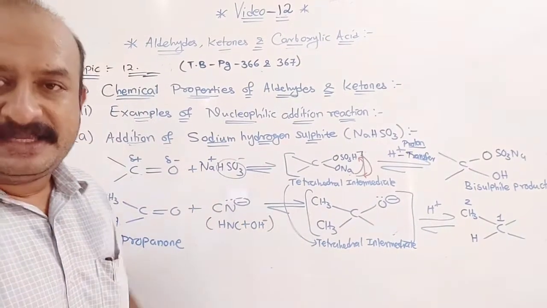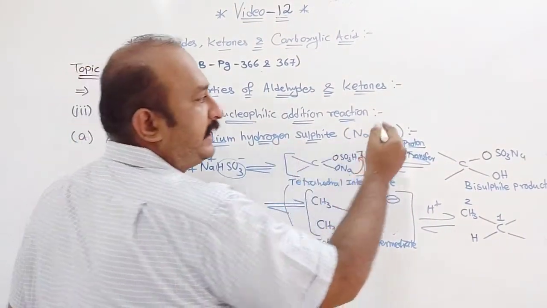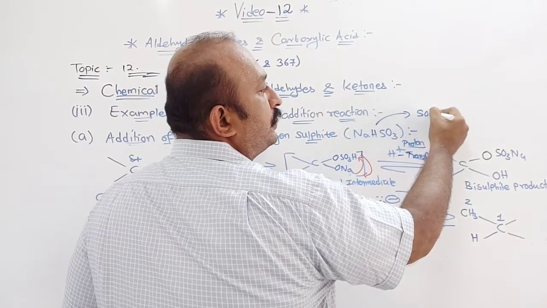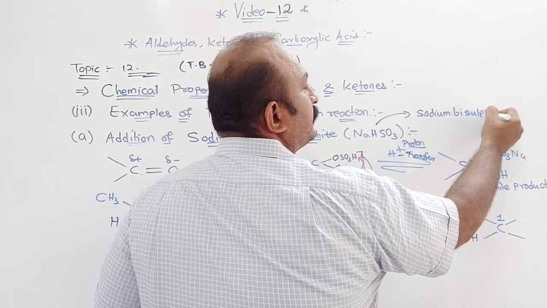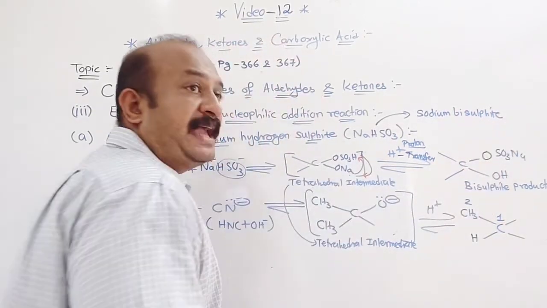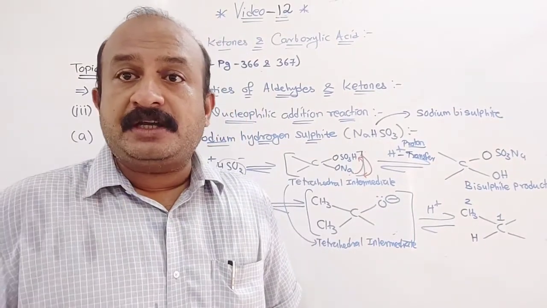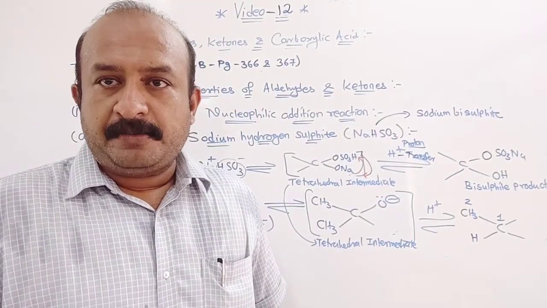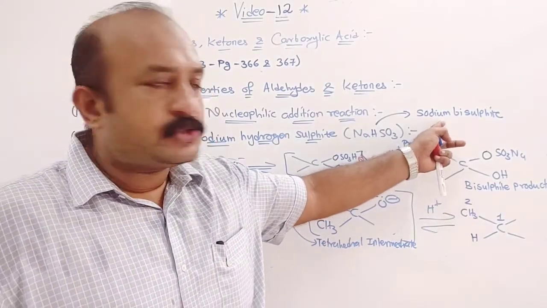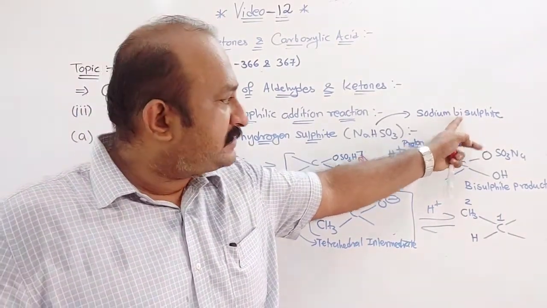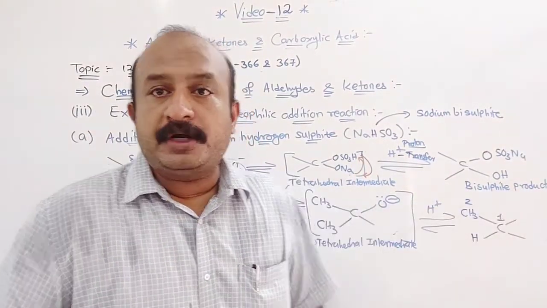Now why is this called bisulfide? This hydrogen sulfide, that is sodium hydrogen sulfide, can also be called sodium bisulfide. Clear? Now how do we say sodium bicarbonate? NaHCO3, if you remember, which we use as cooking soda, sodium bicarbonate, soda bicarb we call it. Understood? So in this case also, sodium bisulfide means bi is the word used for hydrogen. So here you can see you get the bisulfide product.